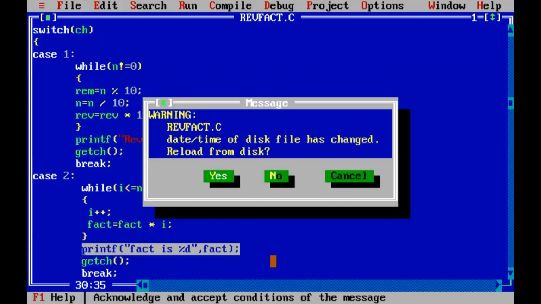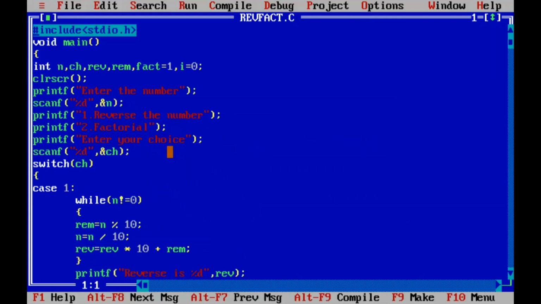Got it? Some of this we have to do in order to bring formatting. Enter the number, we will give one space and put a colon, and the reverse should be displayed in one line, and the factorial of the number. I'll explain typing the program once again, but for the time being, there is no time.